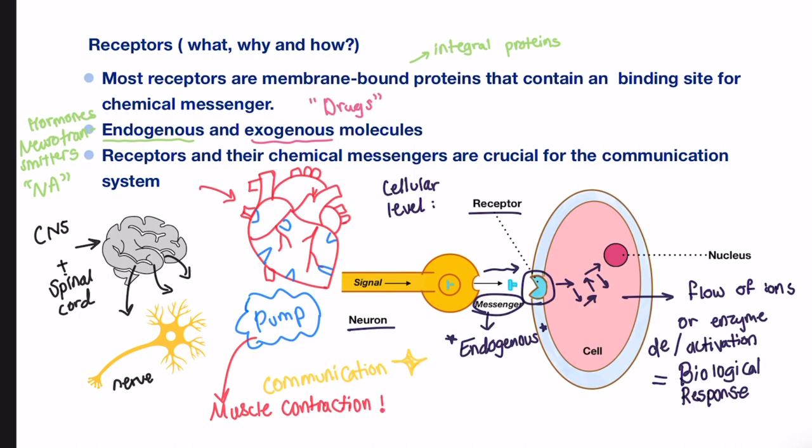So far, we have talked about the importance of receptors in cellular communication involving neurotransmitters. But cells also communicate through the other endogenous molecules, which are hormones. Once again, receptors are responsible for binding these circulating hormones and triggering an effect. But how do drugs, the exogenous molecules, interfere with this communication system? It happens when the system gets messed up.